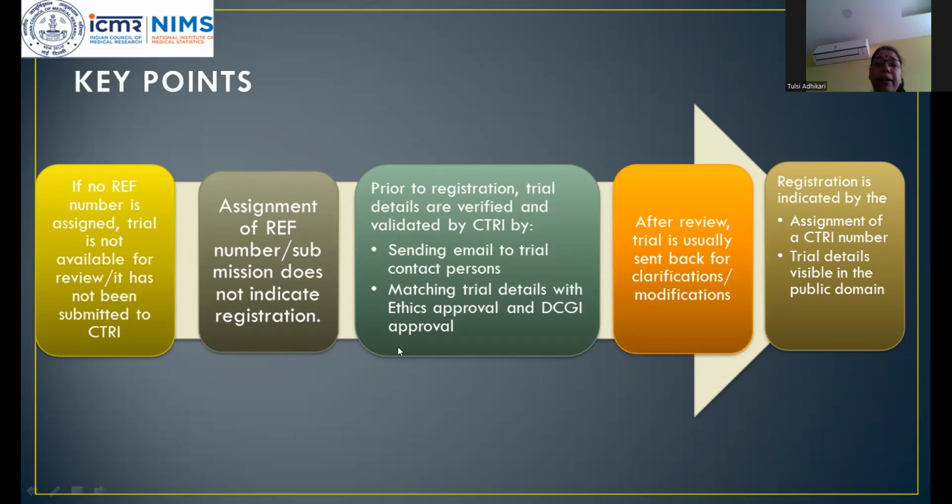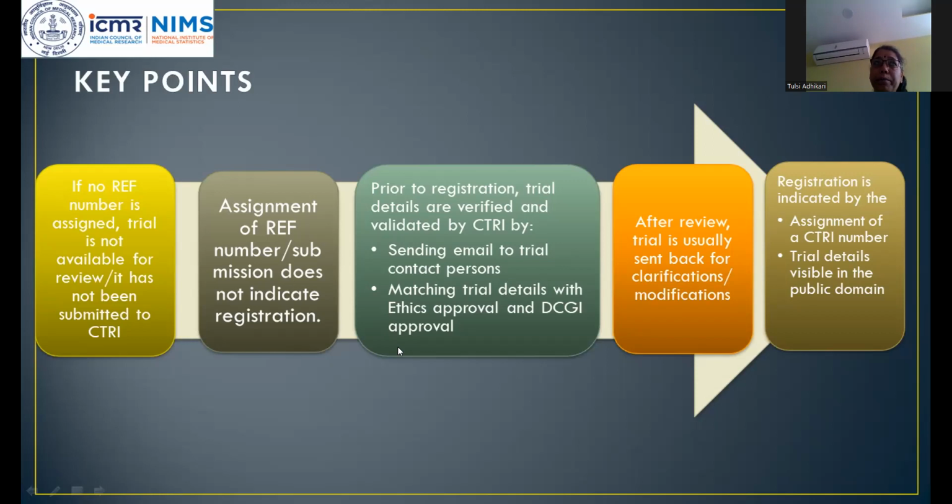And the assignment, please remember, the assignment of a reference number does not mean that your trial is registered and you can start recruiting participants into your trial. And prior to registration, trial details are verified and validated by CTRI by sending an email to the trial contact person,